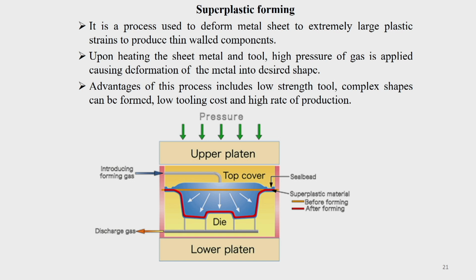Another is superplastic forming. The only drawback with superplastic forming is that it is a slow process. It takes some time, but you can get deep recessed parts. Say, for example, if you want the shell for a grenade and other things, then the bomb casing. All those things you can have. For that, superplastic forming is known.